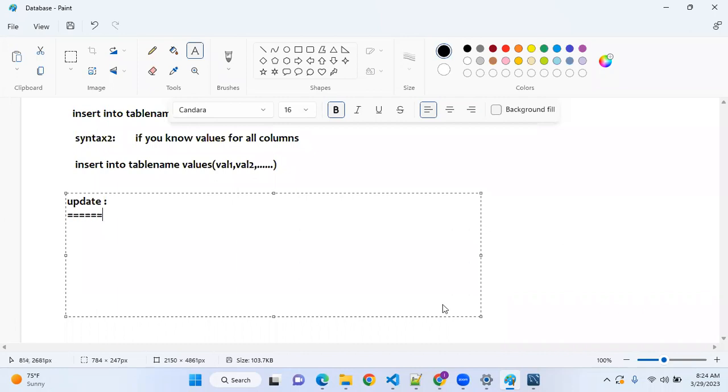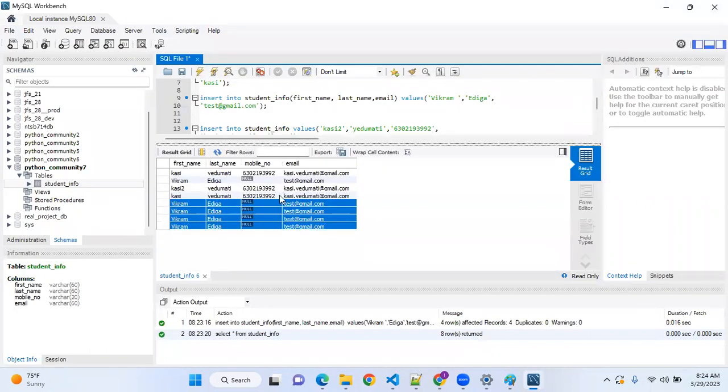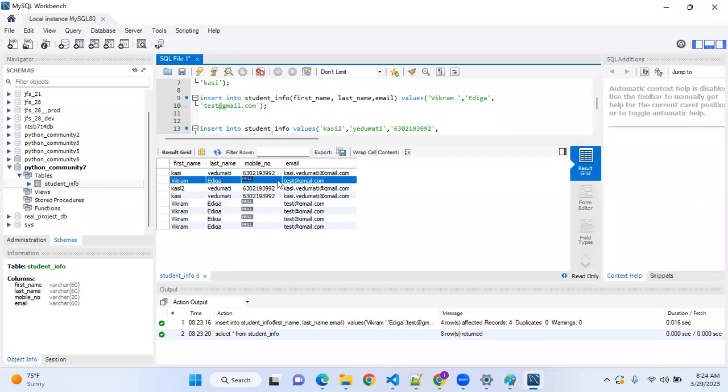For example, I have inserted multiple records here. For Vikram Ediga, there is no mobile number. At the time of creating his record, I don't know the mobile number. Now he comes back to me and says, hey Kasi, I know my mobile number, I have got a new SIM, please add my mobile number.